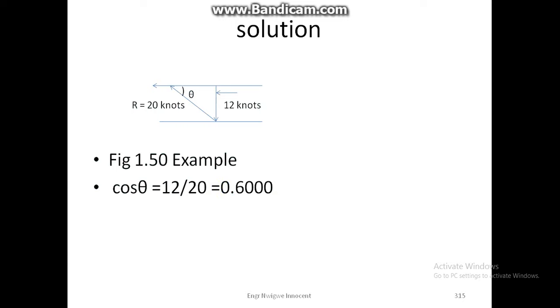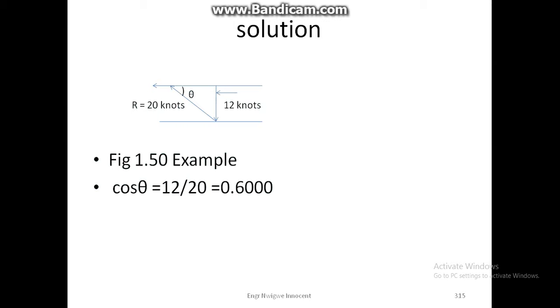The boat has already made an angle of theta. From figure 1.50 example, we are forming a right angle triangle having the hypotenuse to be 20 knots and the adjacent to be 12 knots. From the law of trigonometry, cos theta is equal to adjacent over hypotenuse, which is 12 over 20, which will give us